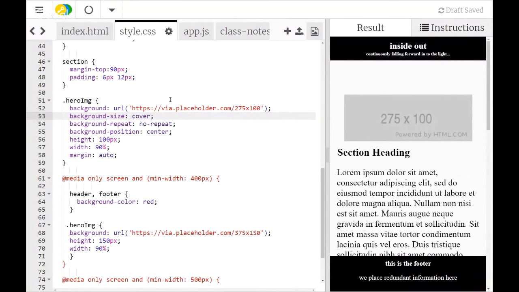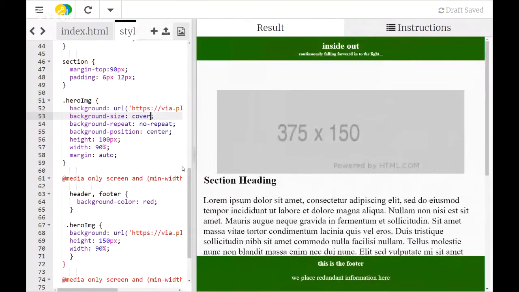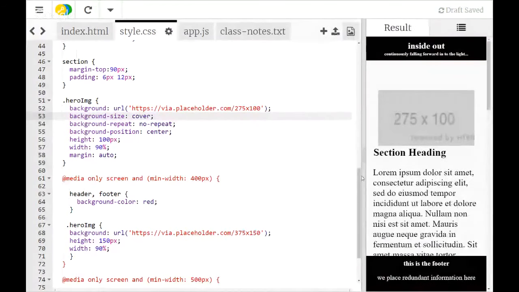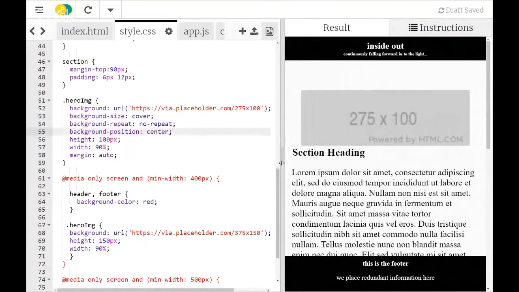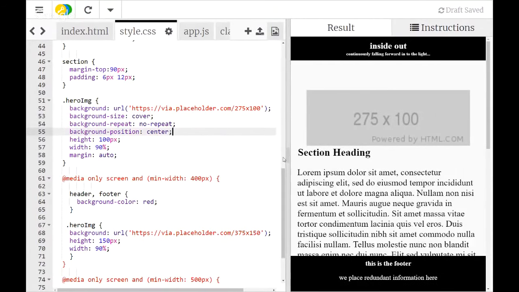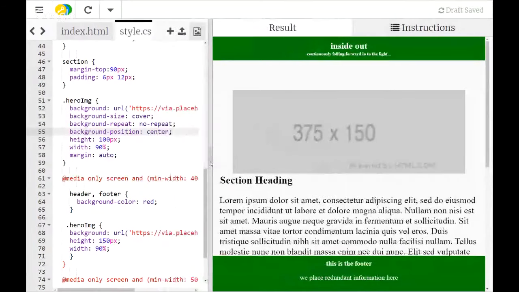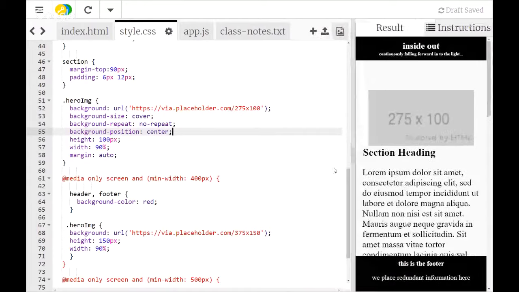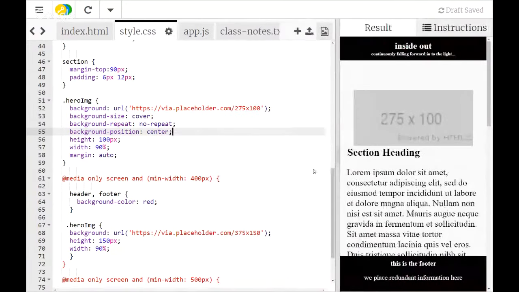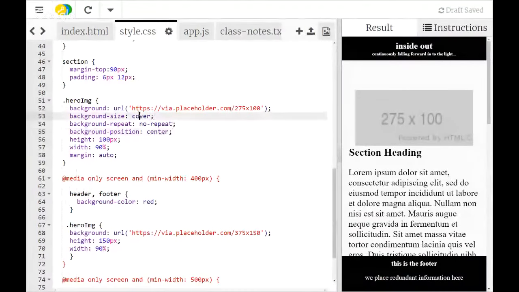We have cover. If you notice, cover is keeping it centered. It's staying centered because I have that centered. And cover's probably kind of what you want. But the other thing you can do is